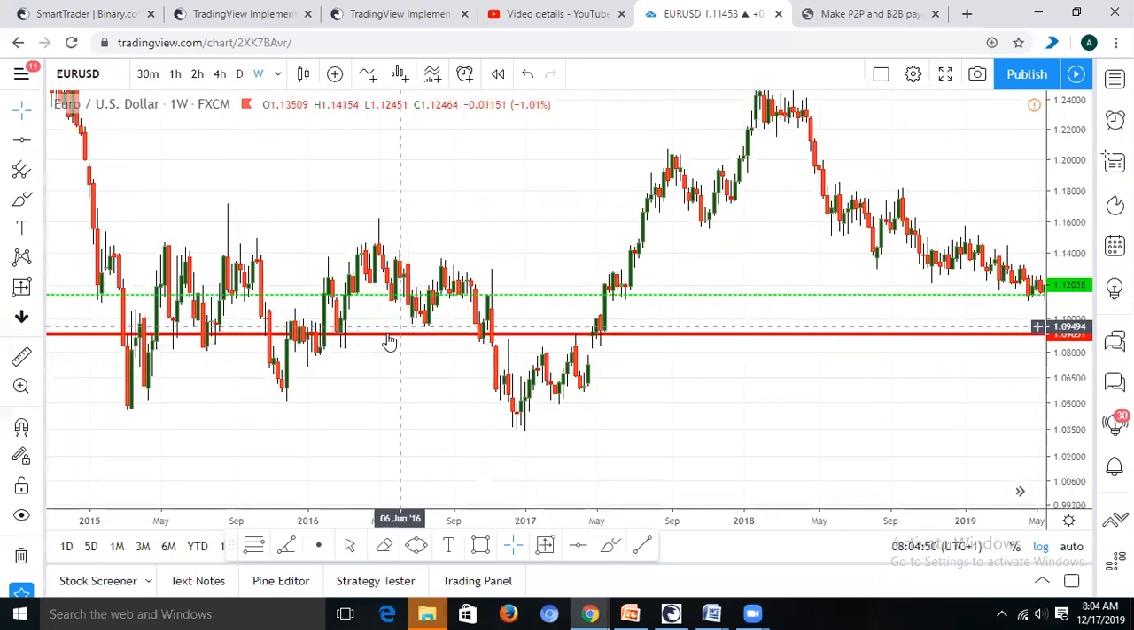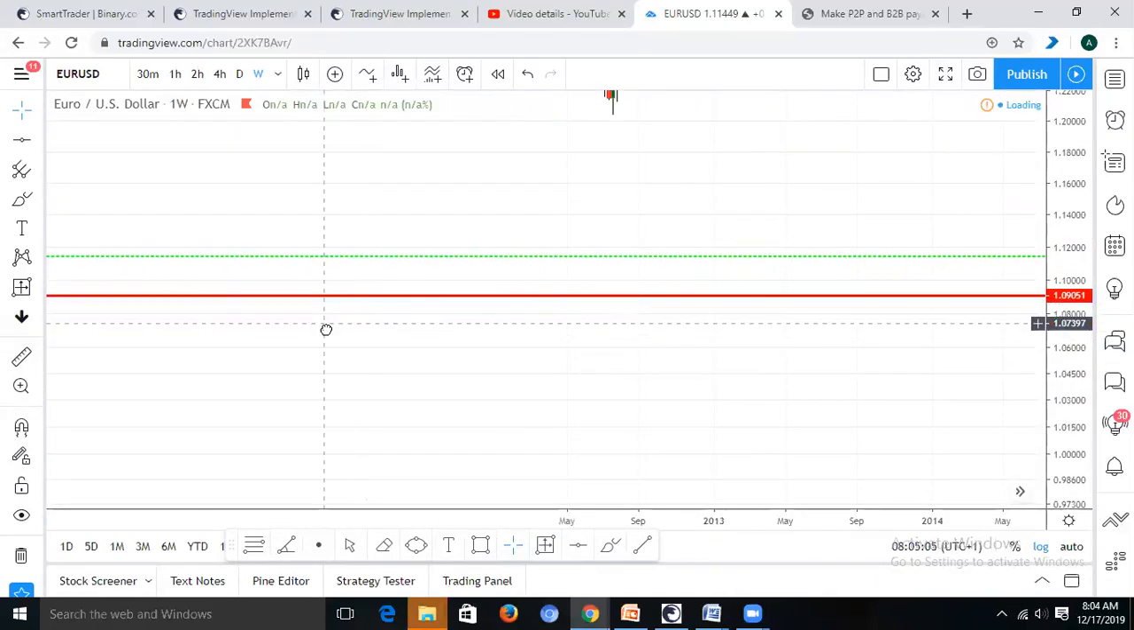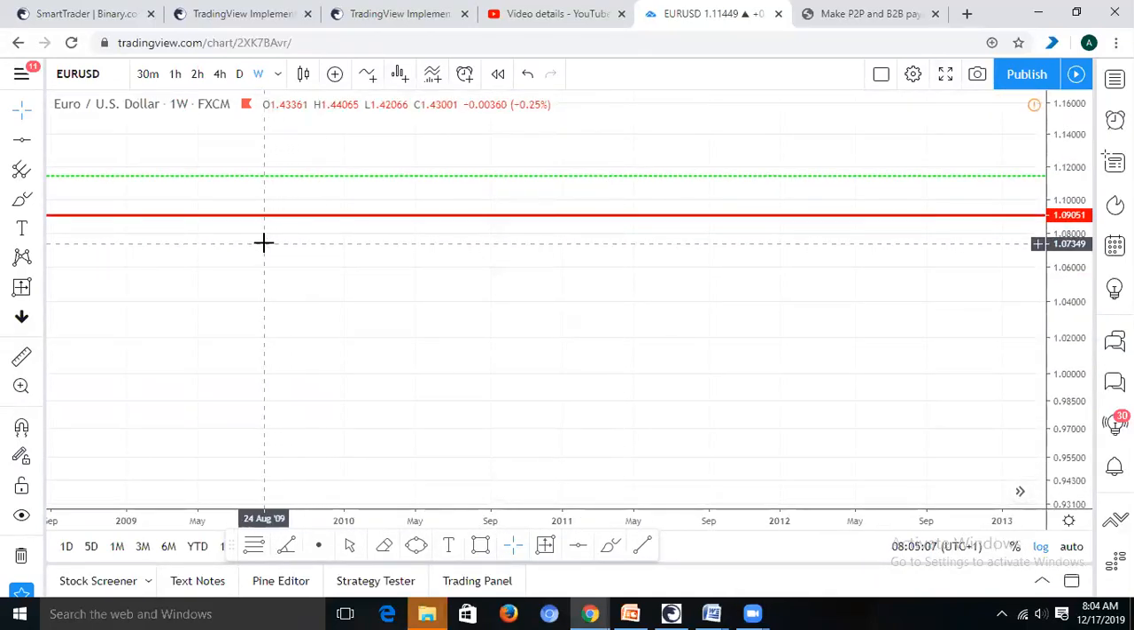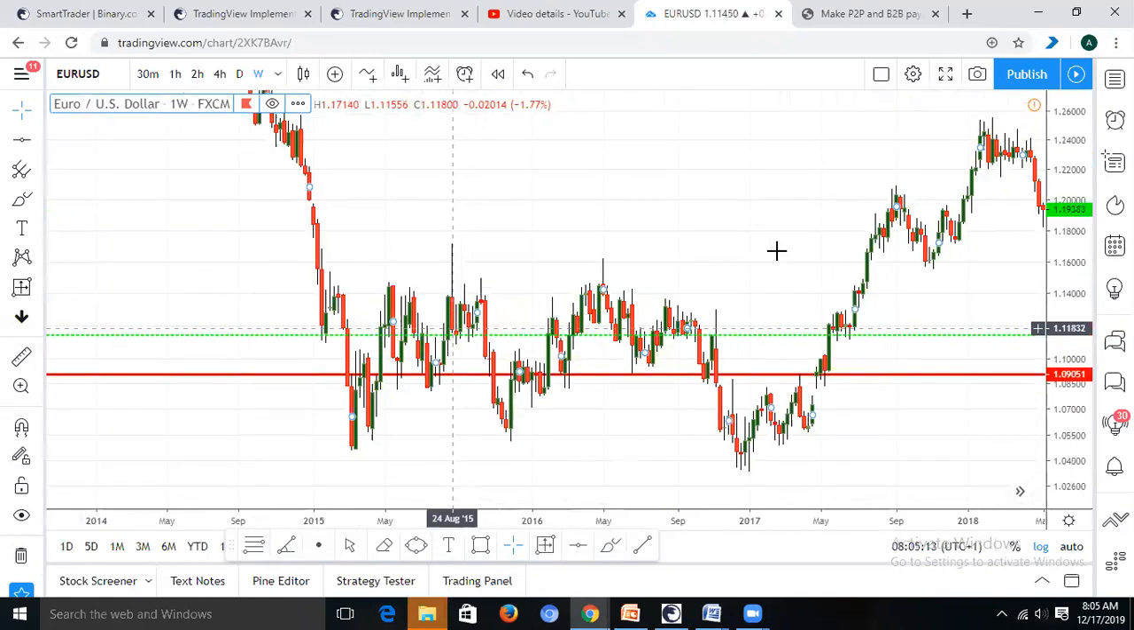Look at the touches here. Here it is support, but it became resistance here. Look at the touch here, look at the touch here. Now you say this place is a support and resistance zone. You can go as far as, look at my cursor, this is August 2009. You can go back as far as